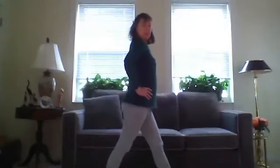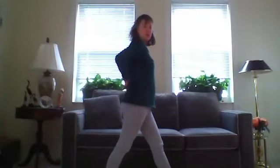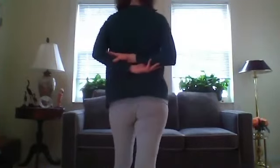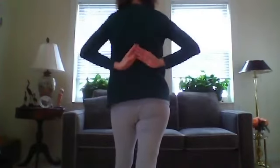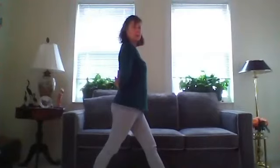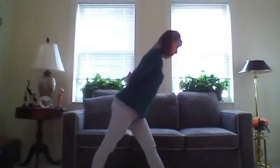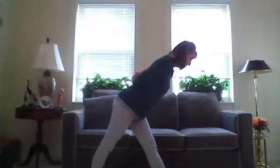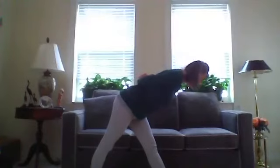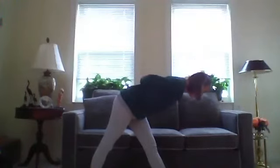Nice straight legs. Bring the hands behind you, either crossing elbows this way for a minute, just to show you, crossing elbows or reverse namaste. So here we are, feet are facing forward, hips are facing forward. And come forward with a long spine over the legs. Keep pressing them out apart with the feet, drawing the belly in, lengthening the spine,